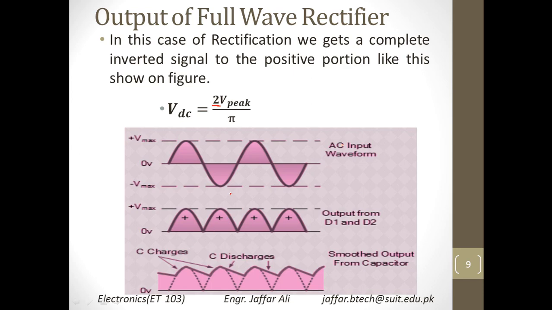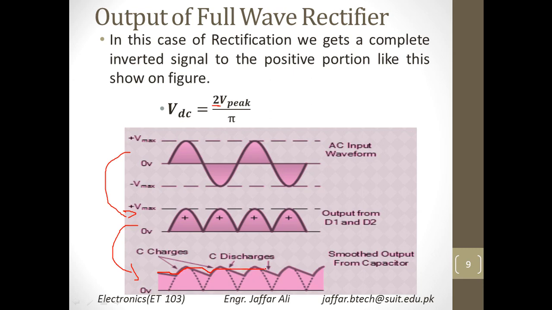You can see that this is your input AC voltage, and this AC voltage is now converted into a DC voltage, but this DC is basically pulsating DC. This is not pure DC, and we will look at how this pulsating DC is now converted into some kind of pure DC or less pulsating DC. We can make it more smooth.